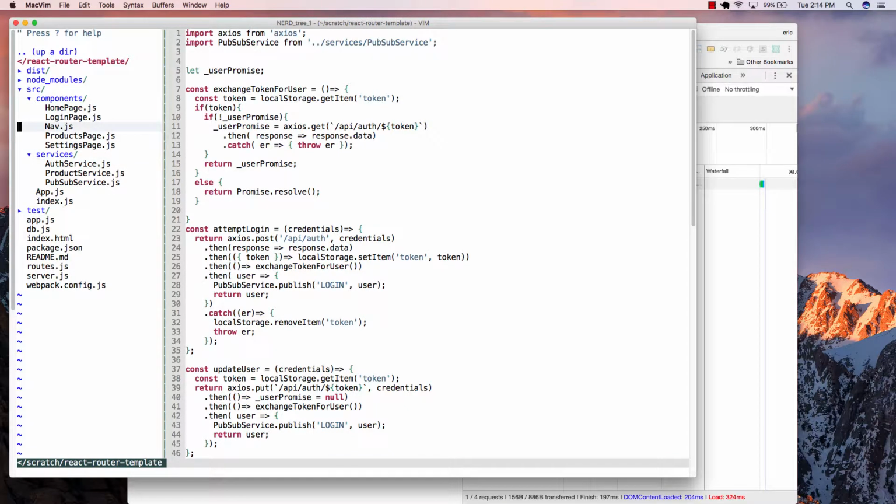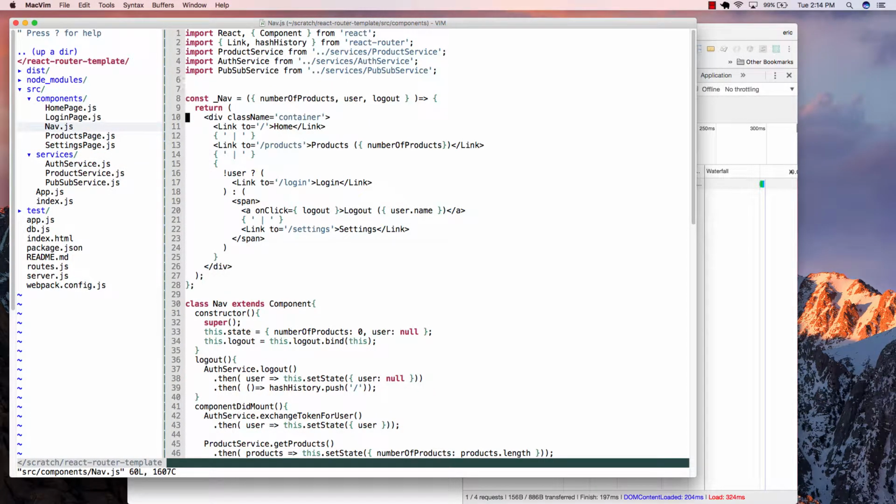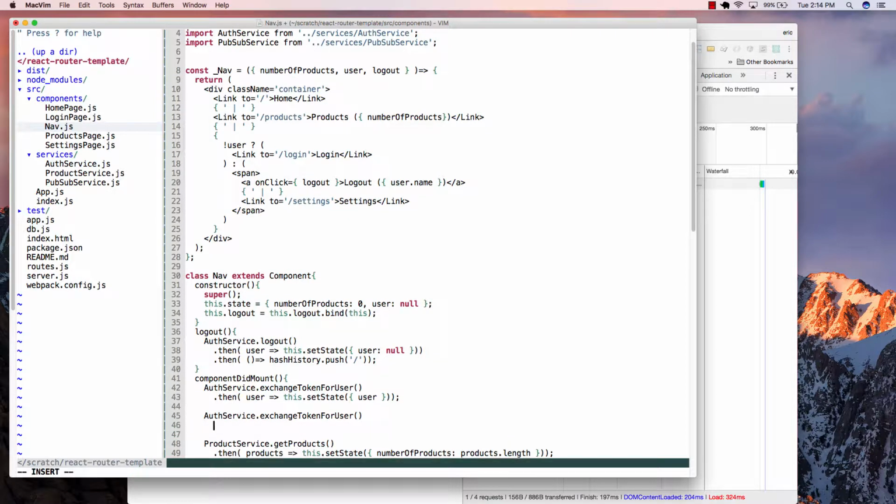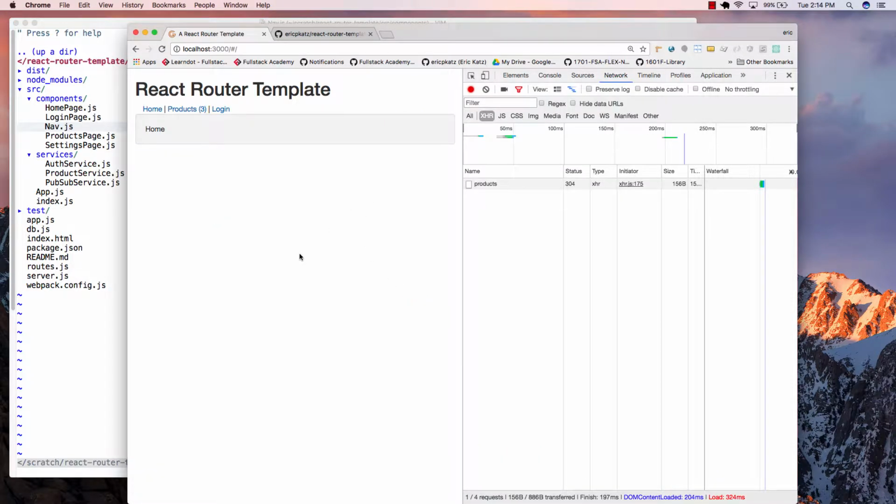If I end up going to my nav and I go back over here, even if I called this method twice, it doesn't matter how many times I called it. I'm just going to put a then here, console.log, and I'll just log out the user. So this is going to return that user promise if, in fact, there's a token that ends up existing. So what I should see here, if I do a hard reload,